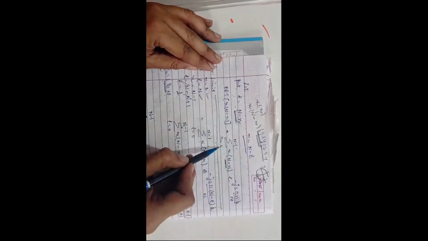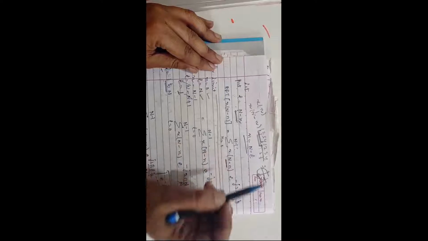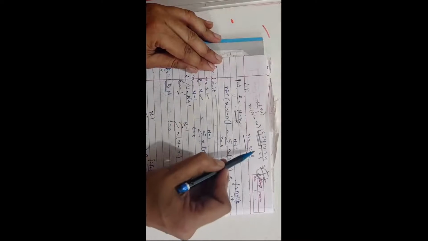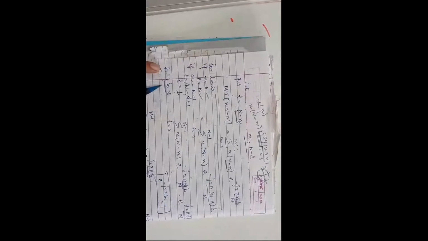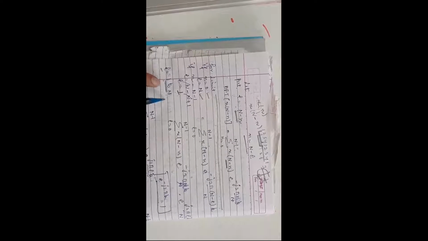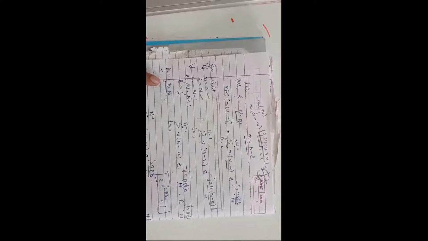Means we will start from 0 to n minus 1, that is 0 1 2 3, or we start from 1 to n, that is 1 2 3 4. This is the same thing, meaning the limit 1 to n can be written as 0 to n minus 1 because it is a periodic circular sequence.